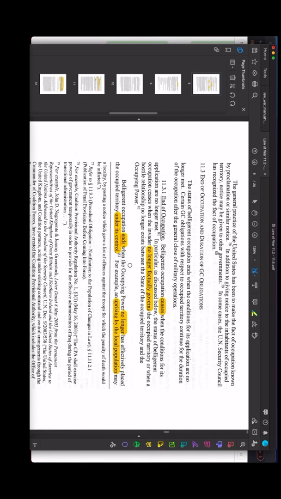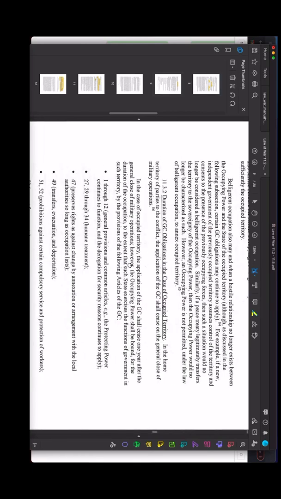Okay? But that is going to signify 11.3, the end of the occupation. So remember, what we're talking about here is actually the rules of war regarding occupation. So let's go look at 11.4. So I think this is the basis on which Podesta will be arrested.